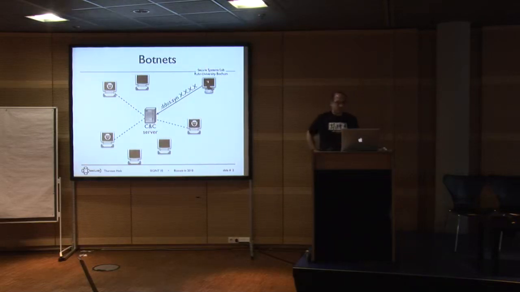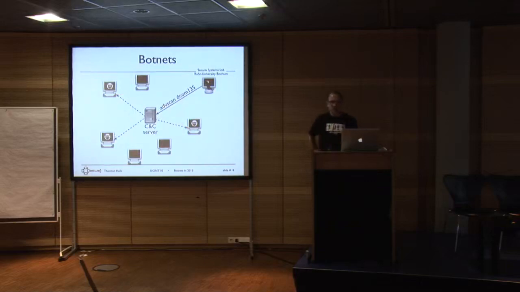And then 2 examples just to explain how this could work. For example, here's a DDoS attack, a distributed denial of service attack, where the attacker wants to basically cut the internet connectivity of the victim's machine such that it's not reachable anymore. So he sends the command to the bots, which then start to send packets to the victim, and the victim is overwhelmed with connection requests, with packets or something, and it's not reachable anymore. So effectively, the victim is off the net.